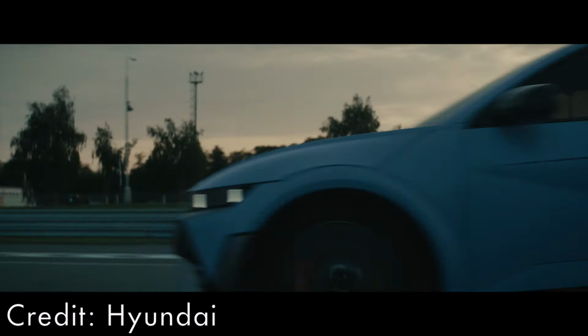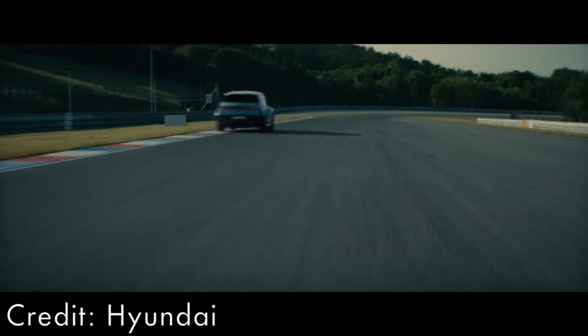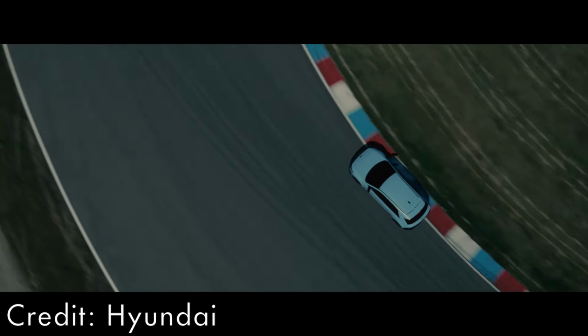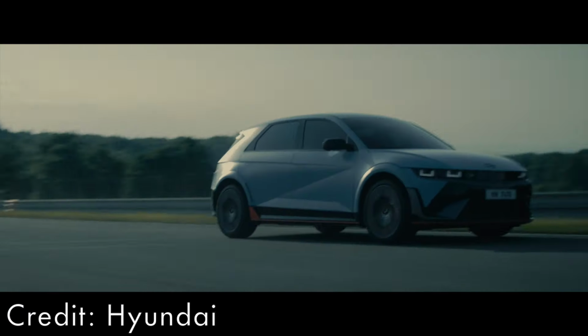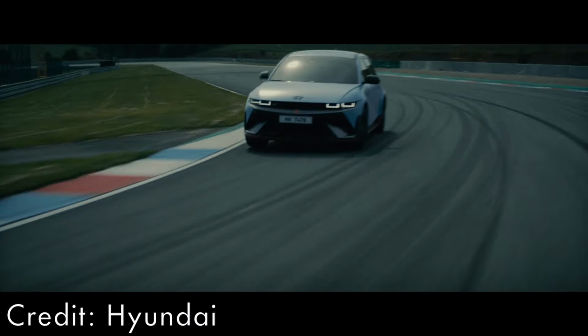Yes, these gimmicky names keep coming, but bear with me. This maximises acceleration for 10 seconds, and you've also got the N Launch Control, which offers 3 stages of traction for your launch. There's much more worth mentioning, but without making this segment too long, let me finish with the